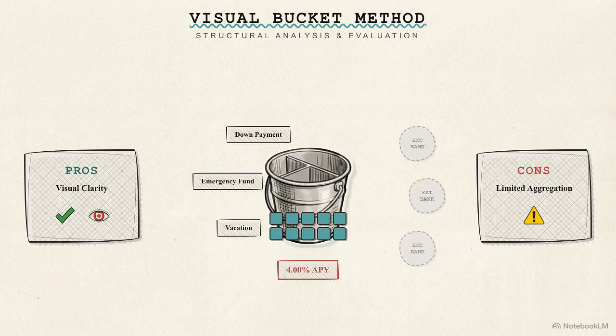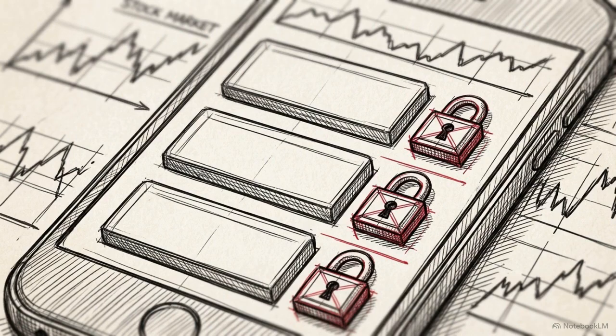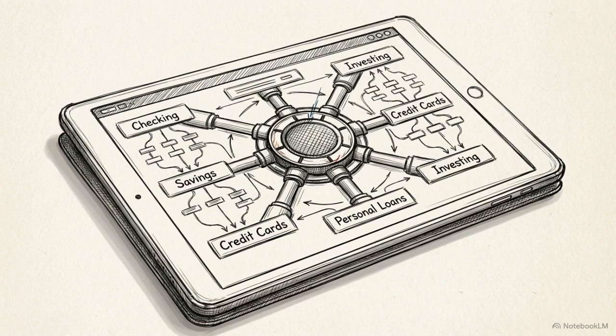However, banks using this method typically have limited external account aggregation. It creates a blind spot for any assets held outside this primary bank. The bucket method is effective at preventing accidental spending on the wrong goals, but it isolates your view of your total wealth. If that isolation is a deal breaker, the second architecture is the comprehensive ecosystem, led by platforms like